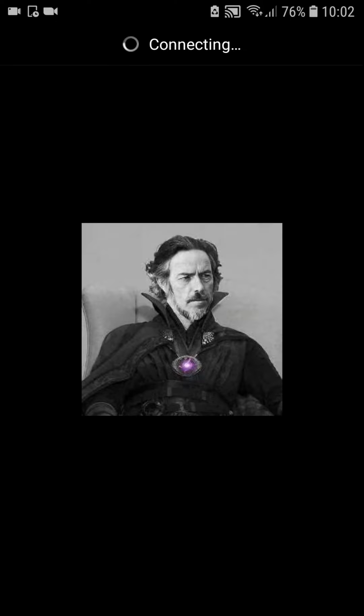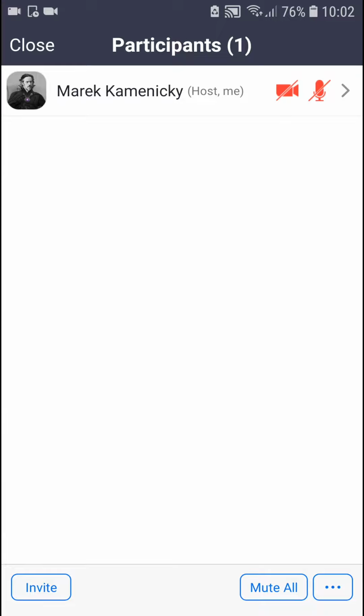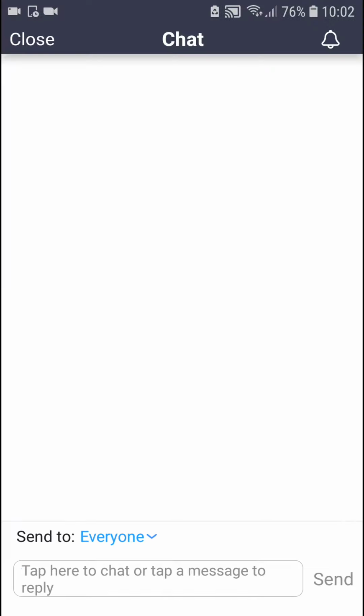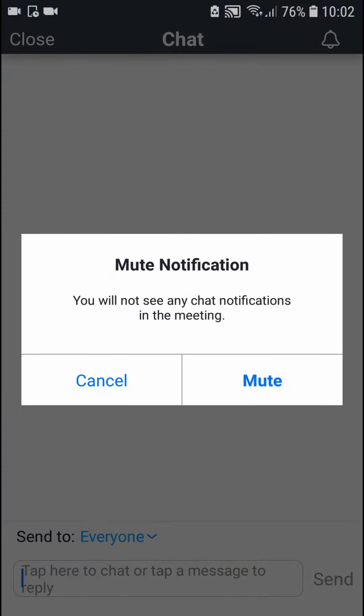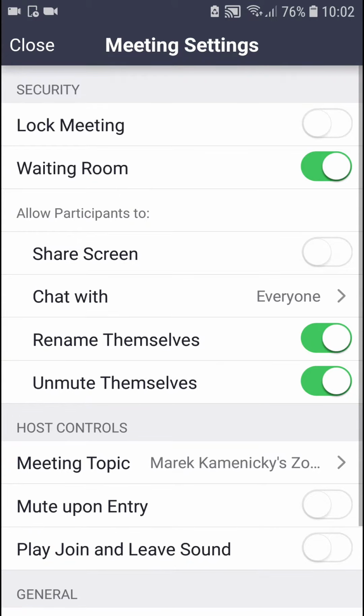So now here you want to click on participants, well, no participants, more, chat, and the first thing you want to do is you can mute notification. But when you can't mute notification, what you want to do is click more, meeting settings,